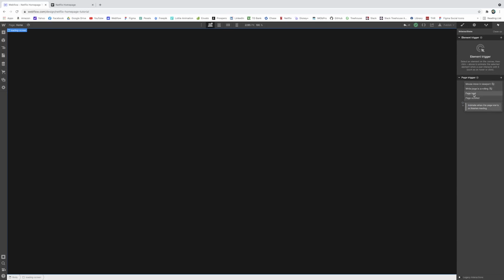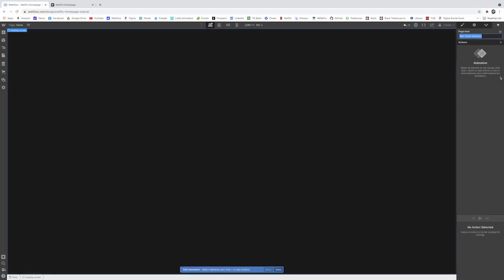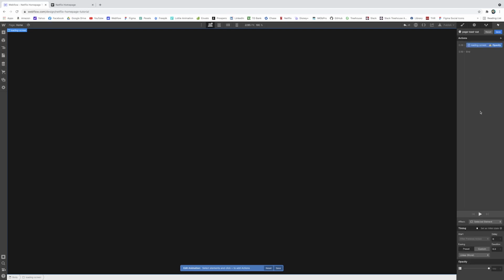Because there's a lot of big content on this, so the background videos that I have and all the imagery, some people's web browsers will take a long time to load this. So you'll see there I went to interactions and I'm adding a when page finishes loading interaction. So this is affecting the loading screen, and I'm going to have, similar to what we've done with other elements,